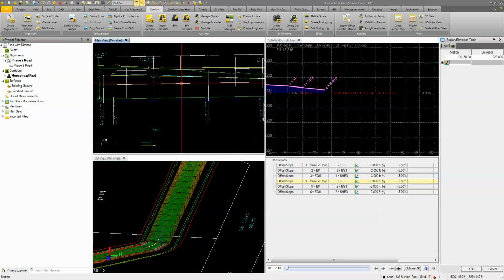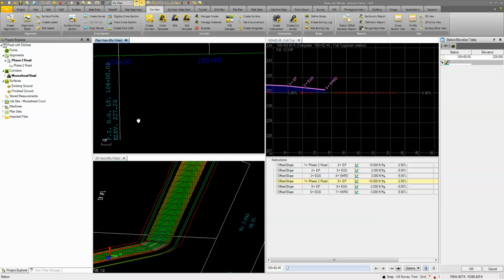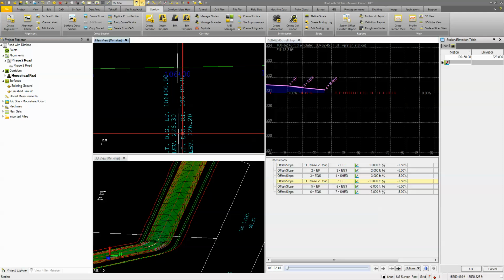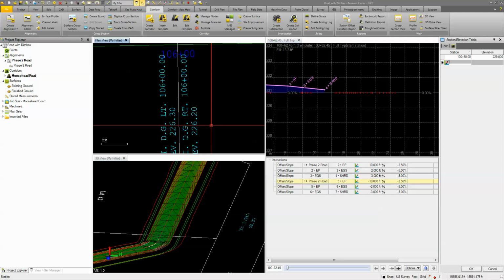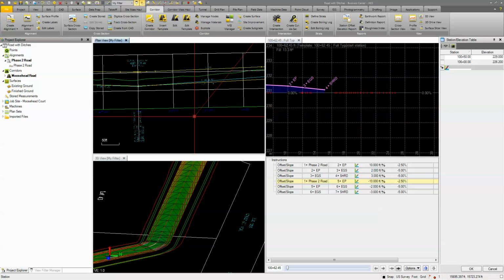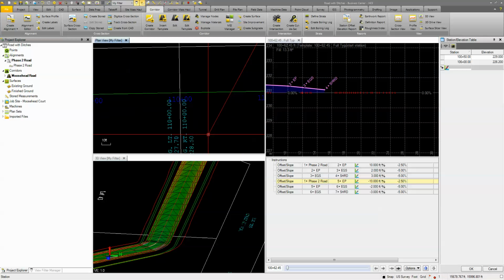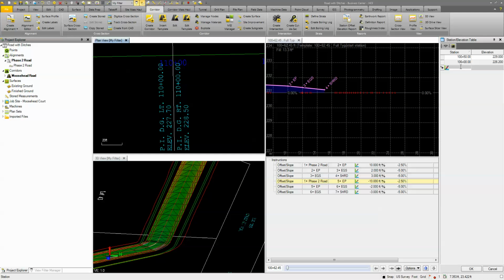So I'm going to follow that down. I'm going to look for my next PVI, which is right here. Okay, so there's my right. I'm going to put in a 106.00, 226.20. Then we'll zoom out and we'll follow this ditch down. I have another one here. It looks like a high point in my ditch. So I'm going to go